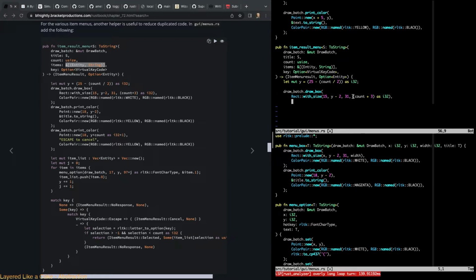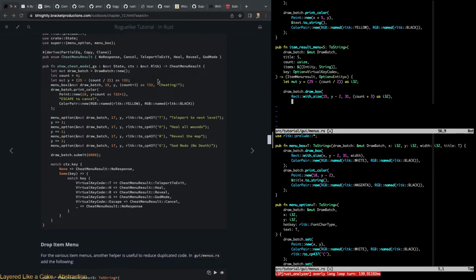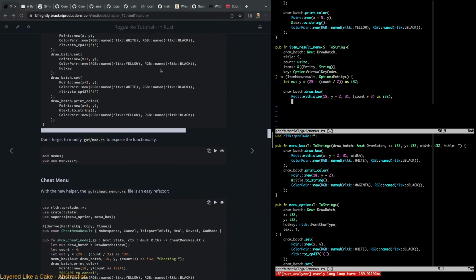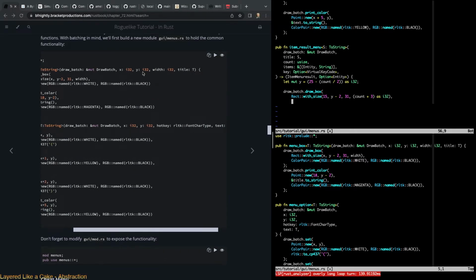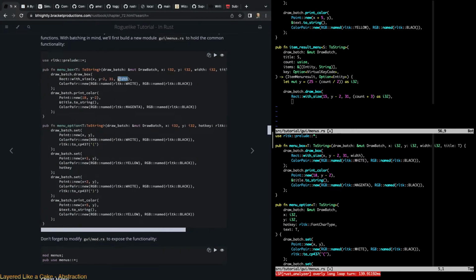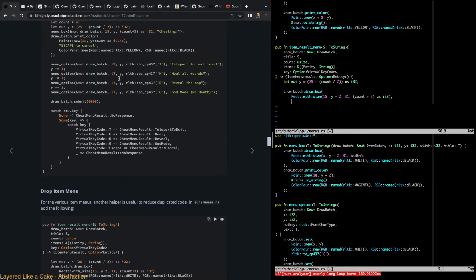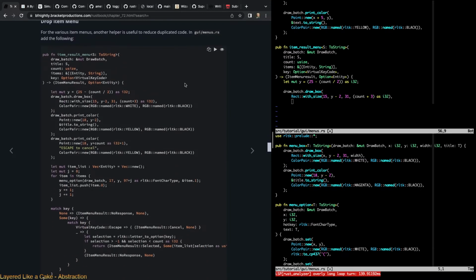I thought this would be width and then height here. So this should have been height. Did I get it wrong? No, up here. No, so they say width, but they passed it in as the height of the rect. All right, that could just be a typo on their part. All right, so we have rect with size and then color pair, new, and then we'll just grab white and black